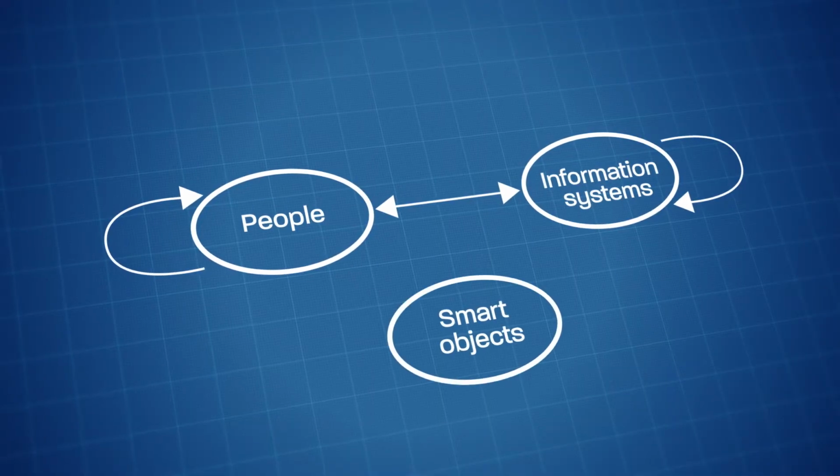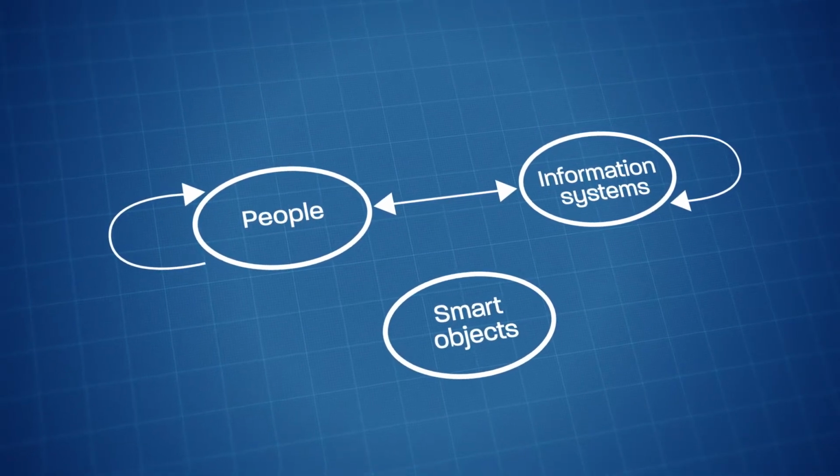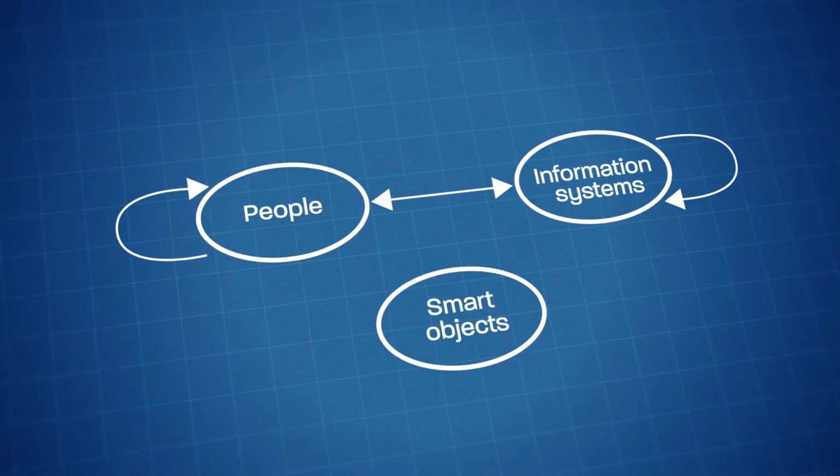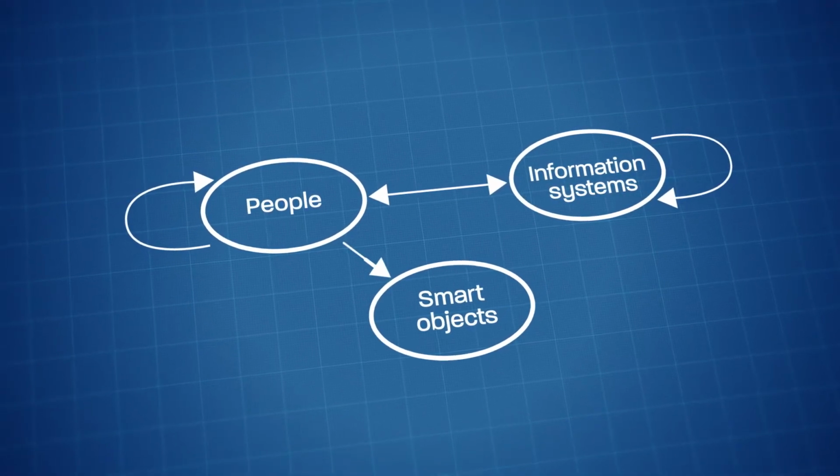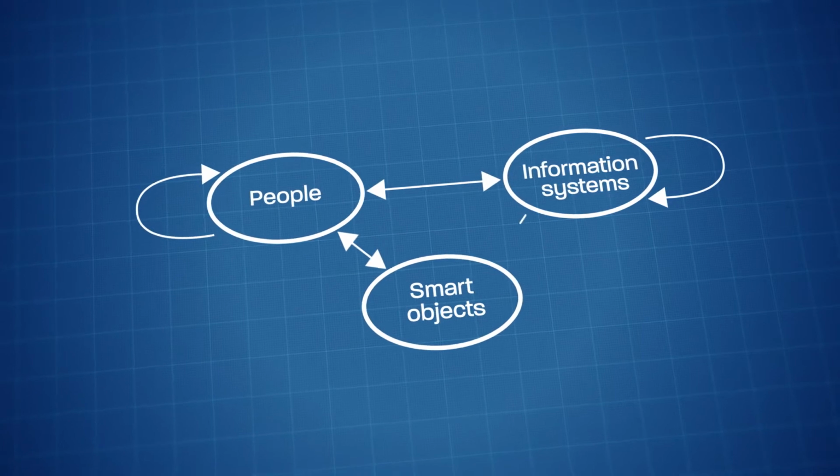But in order to explain even the simplest use cases in the Internet of Things, we don't have enough with this simple syntax, because we need a third entity. The third entity are the objects, or as we will call them, smart objects. A detailed description of what a smart object is will be the subject of a different video.